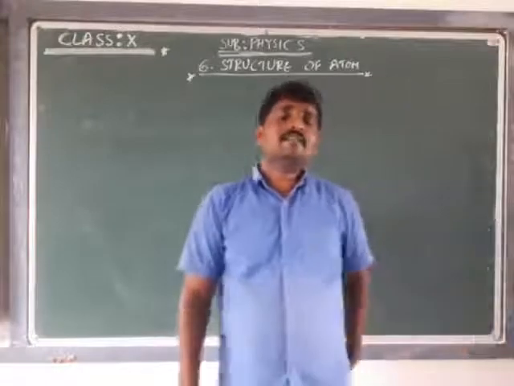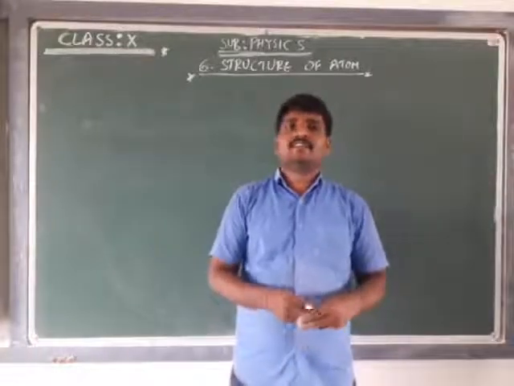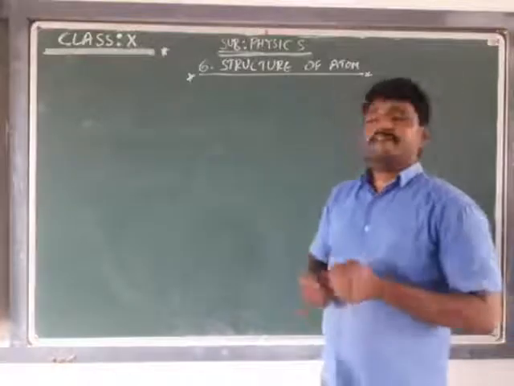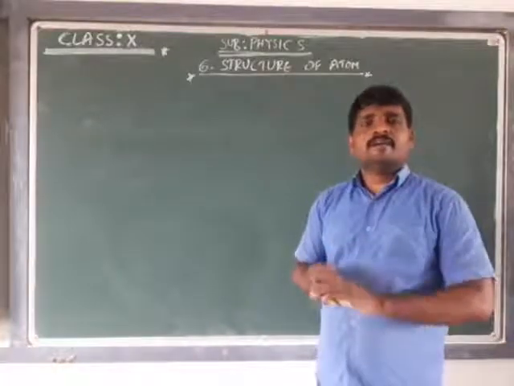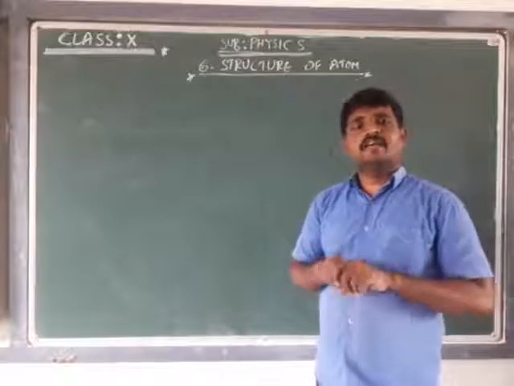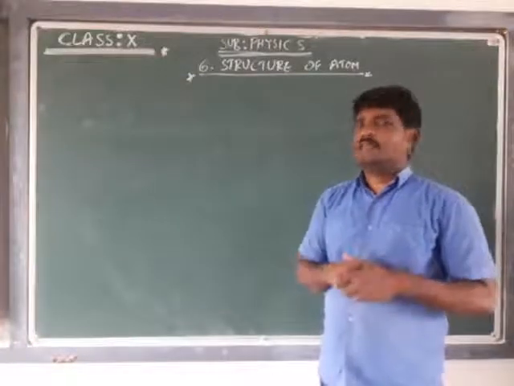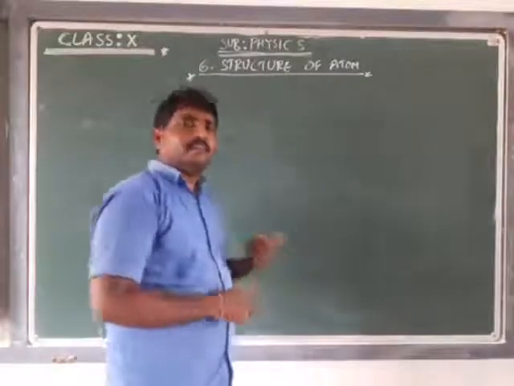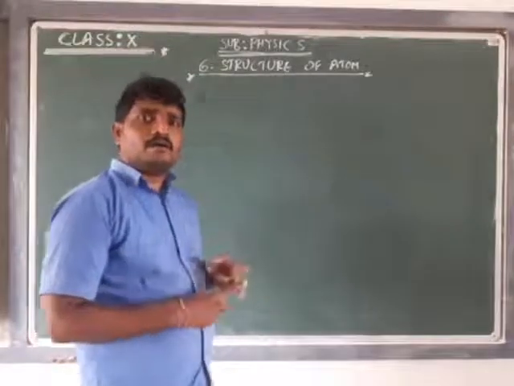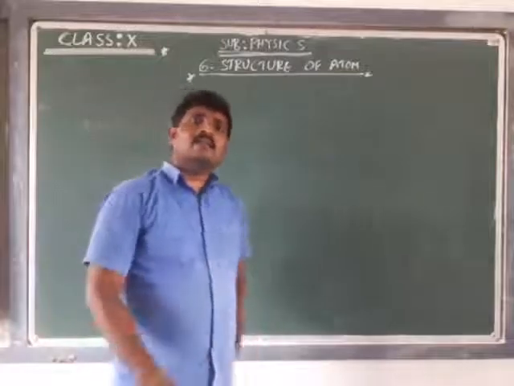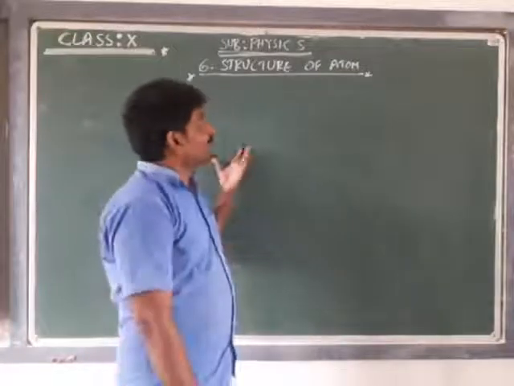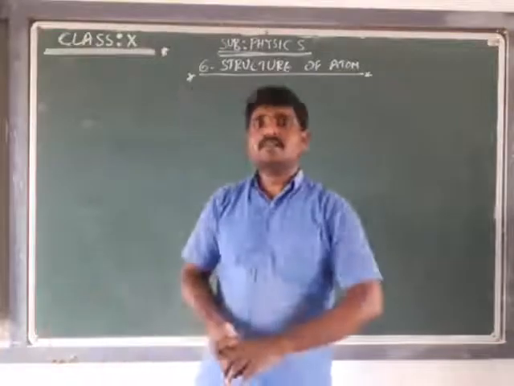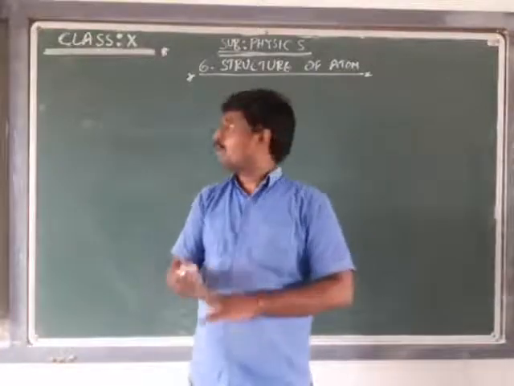In the previous session, we discussed the principal quantum number and the angular momentum quantum number. Today we will discuss the magnetic quantum number, a very important session which will help you understand many concepts in the next lessons: the classification of elements, the periodic table, chemical bonding, and carbon and its compounds. These lessons are based on the previous session and the coming sessions. These three sessions are very important.